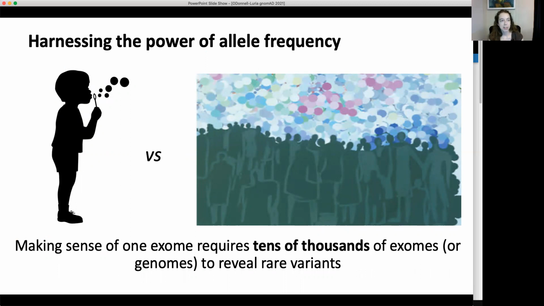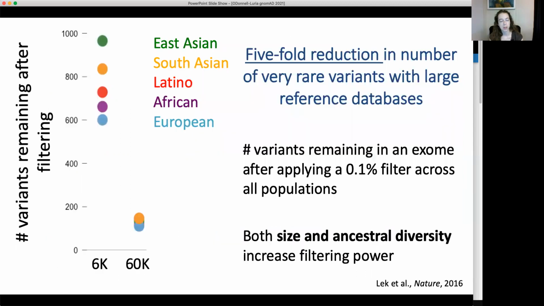So in the last minute, I just want to comment on harnessing the power of allele frequency. To make sense of one person's exome or genome, we need tens of thousands of exomes or genomes. And this is highlighted here. We all have in our exome, this is exome data here, about 20,000 variants in